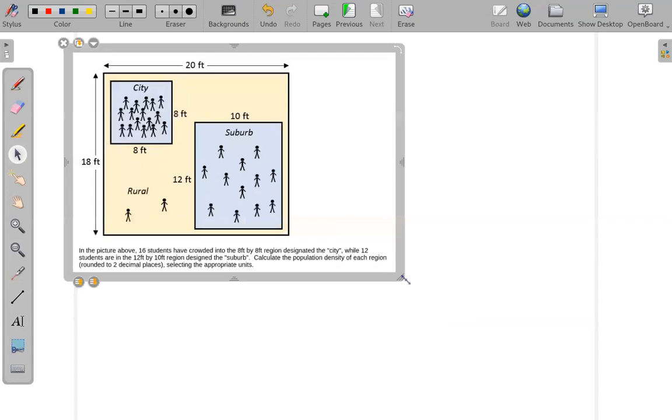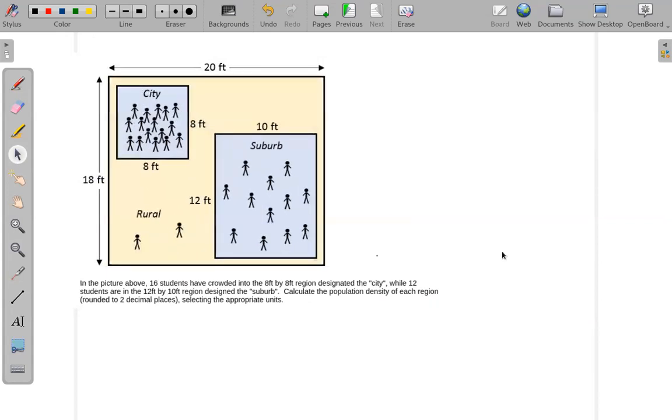All right, let's see, what do we got here? So again, we have a city, we have a county, and we have a suburb. So I'm just gonna list them each out here. So city. In the city down here, it says the city has 16 students. 2, 4, 6, 8, 10, 12, 14, 16. Yep, that looks good. So we have 16 pupils